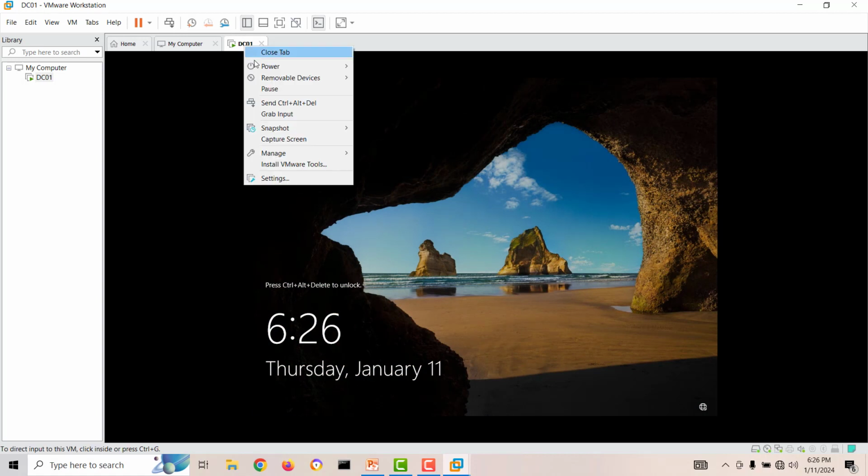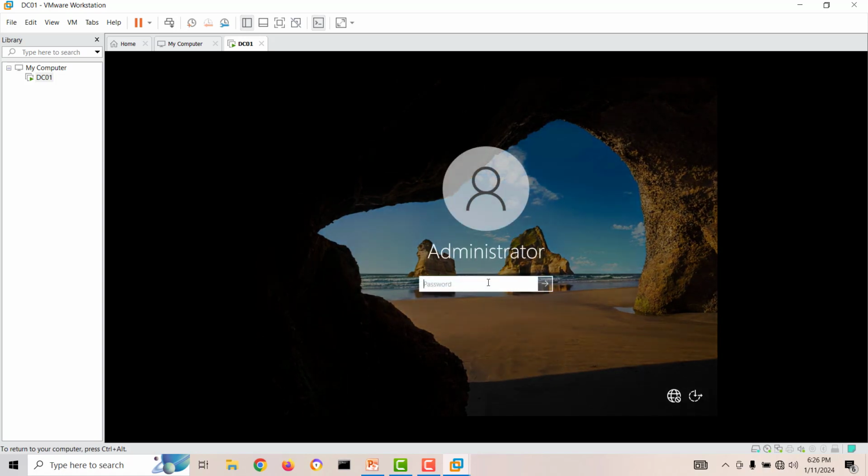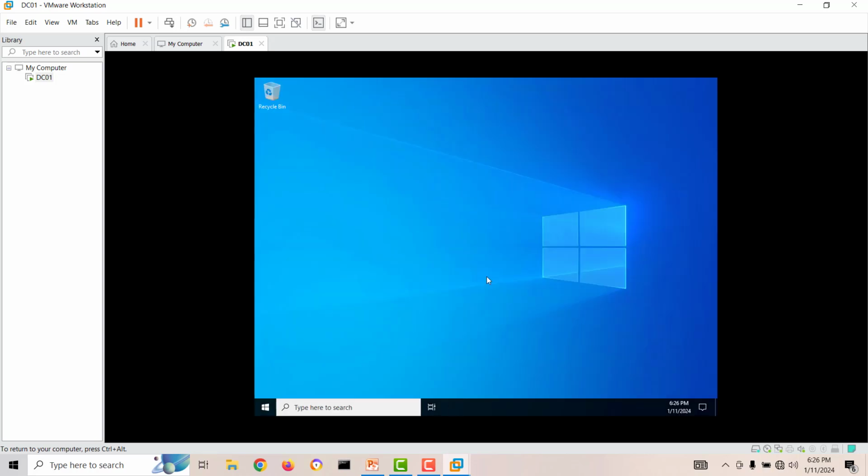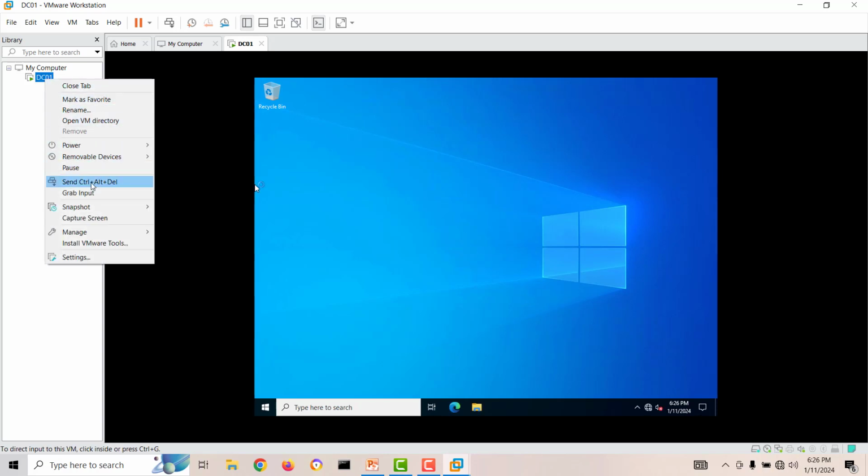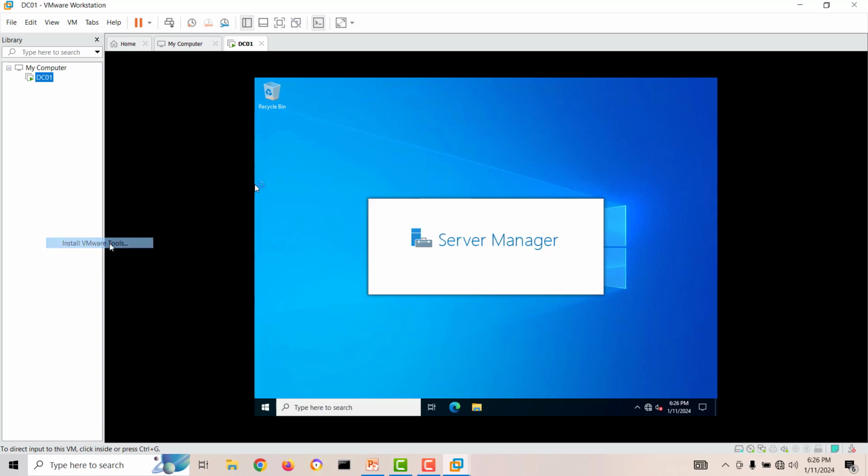You can go here, right click, and then send Ctrl+Alt+Del, login with your given password. And you can see right now Windows is not very graphical, or in other words, it's not very fit. So what we will do, we will install the VMware Tools also. So you can right click and install VMware Tools, click here,